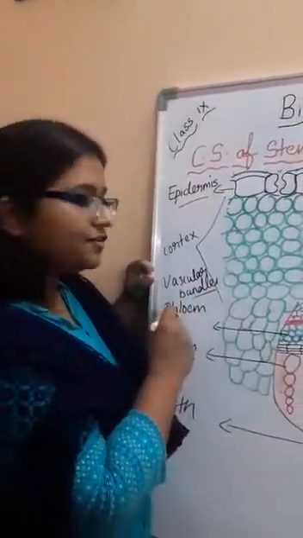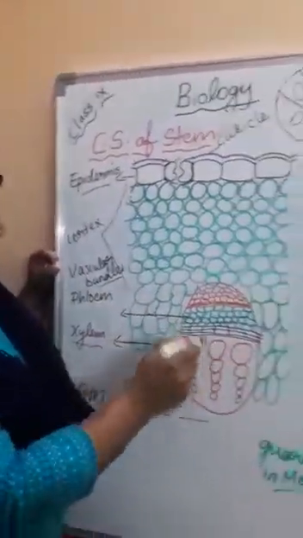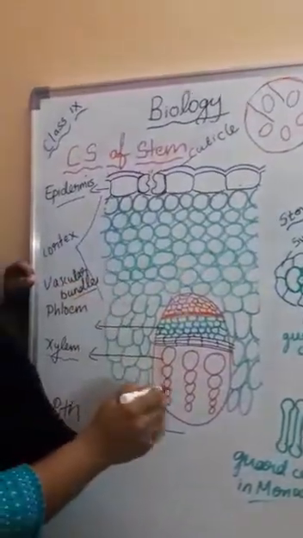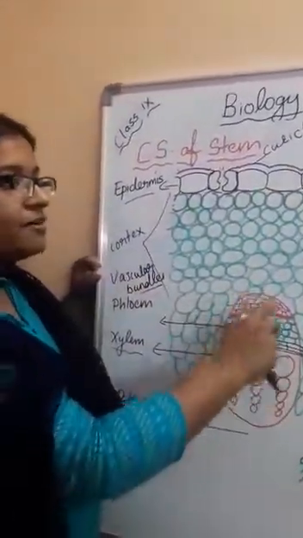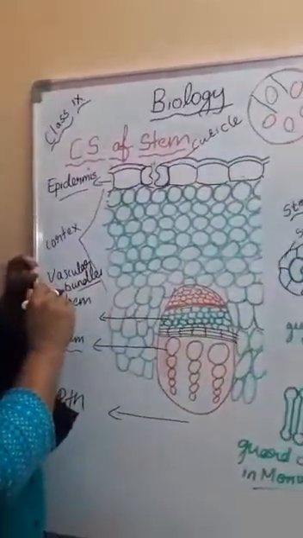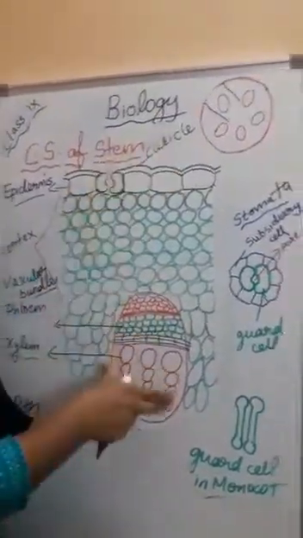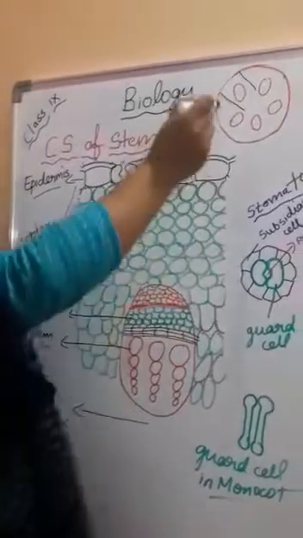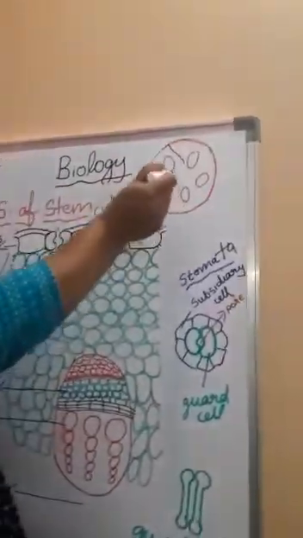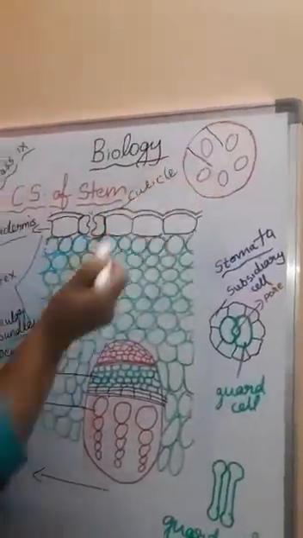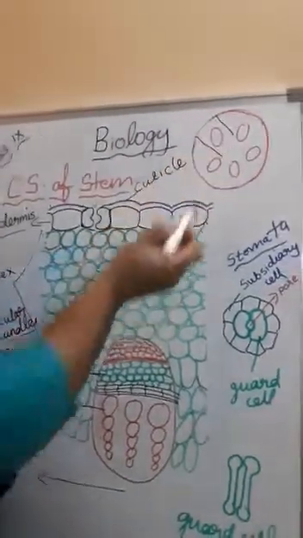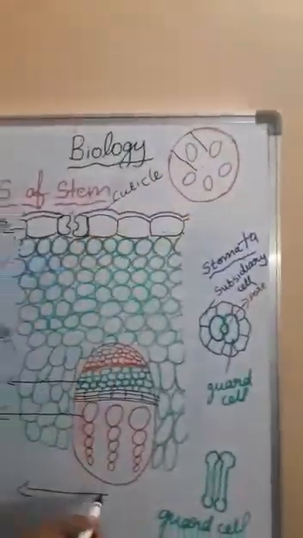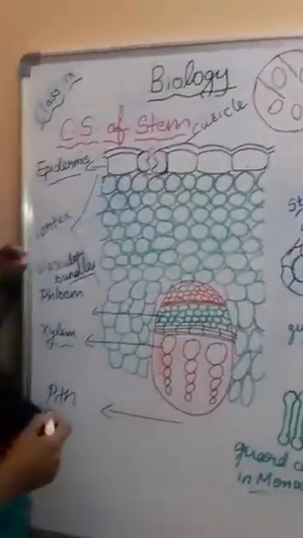It is by means of phloem. So phloem and xylem together in all higher plants are together in the form of a bundle, and that is called a vascular bundle. I told you this is only a portion enlarged, and that's why you can see only one vascular bundle. Here you could see many vascular bundles. And the innermost part, in some cases it is empty or it might be parenchymatous cells, that we have to call pith.